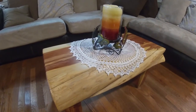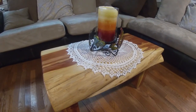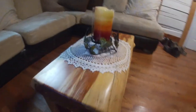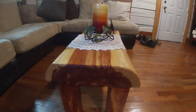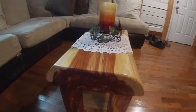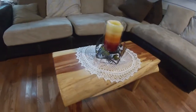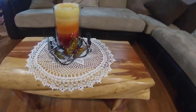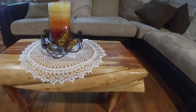This is 100% cedar, a cedar slab about 16-18 inches wide, 4 inches thick, and it's probably 32 inches long. It's got 4x4 cedar legs, and I mortise and tenon, so it's pretty solid. And what I want to do is make one maybe bigger than this one. This is more like an end table, and we're using it in our house as a coffee table, but I